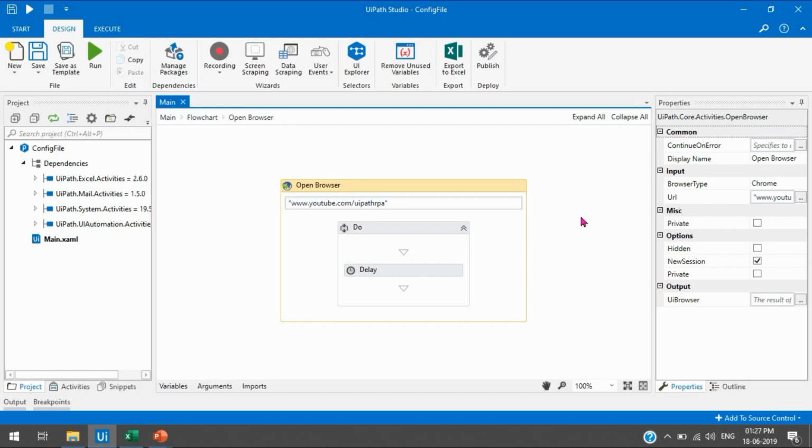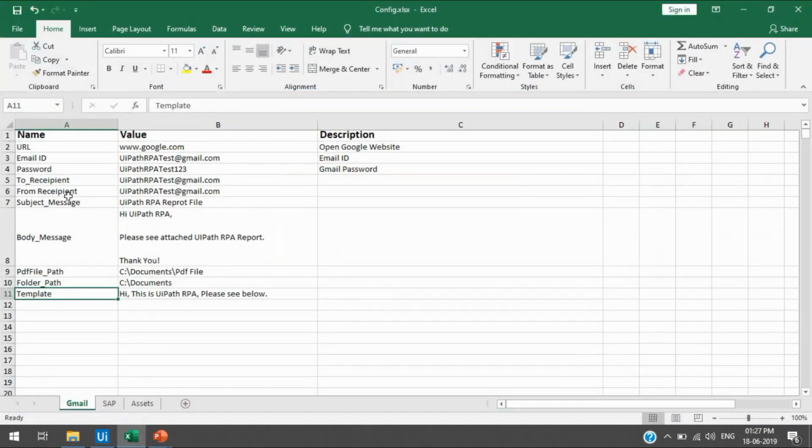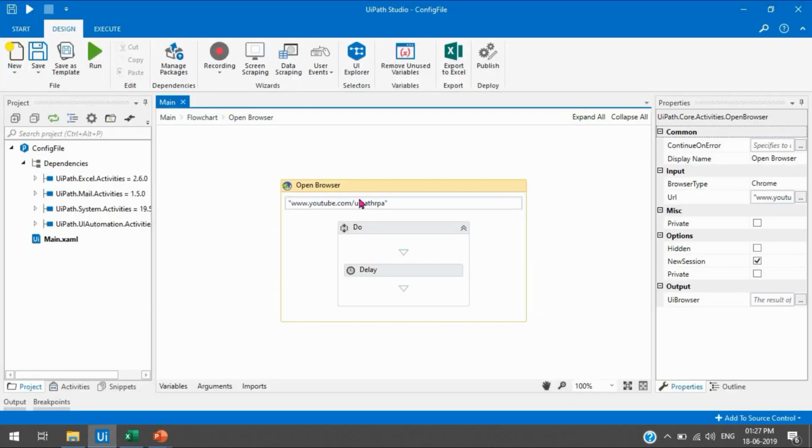Again you will have to open the project, open the XML file, and change the URL also. So that's the disadvantage, and the advantage is you can keep this URL in the config file. Like I have taken one URL, you can paste it here and just use this URL here.